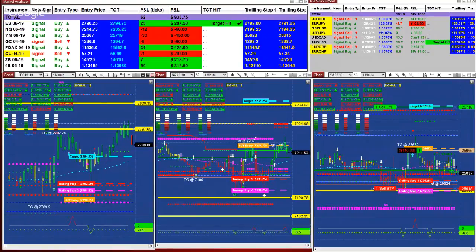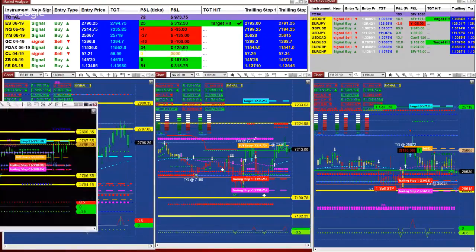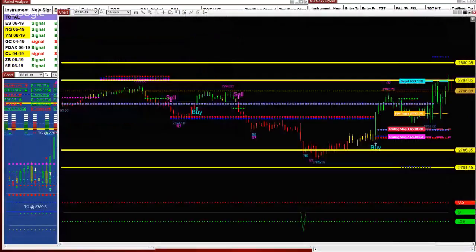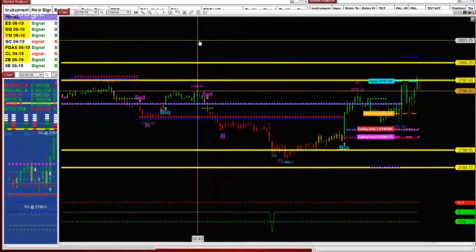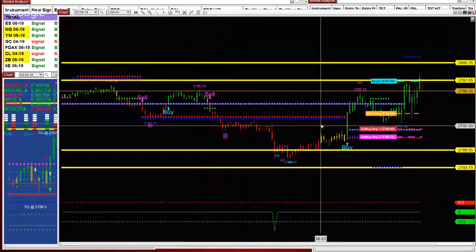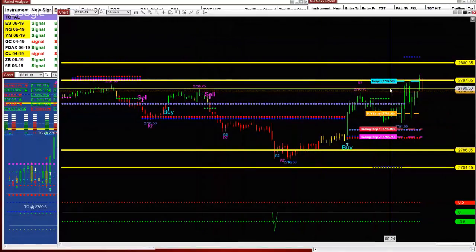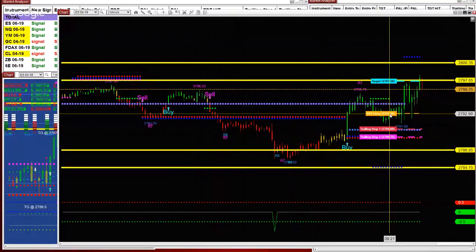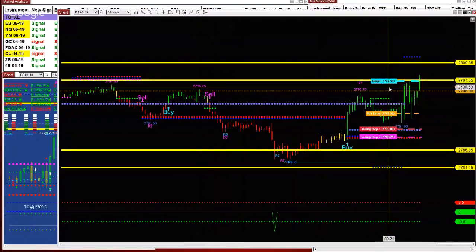To look at what's going on at the ES, we have a very strong momentum on the ES. And to look in general at what's going on, if we look at the 3 minutes chart, it is an okay chart. I mean, it's not a very high time frame, but it is very acceptable. We have an entry on the ES with the signal, or you can use it manually or automated, no optimization required. This one here, the entry was 27.92.50. As you see, we just hit the target on the 3 minutes,